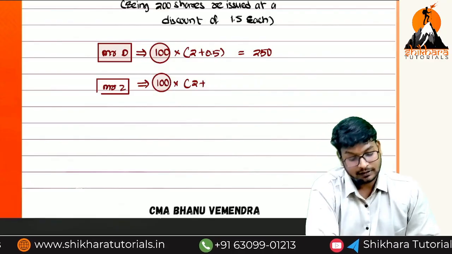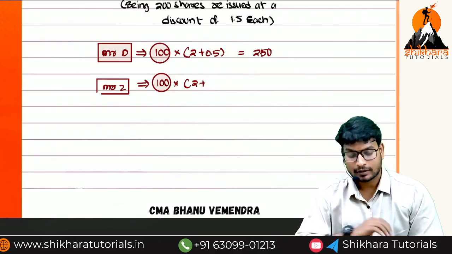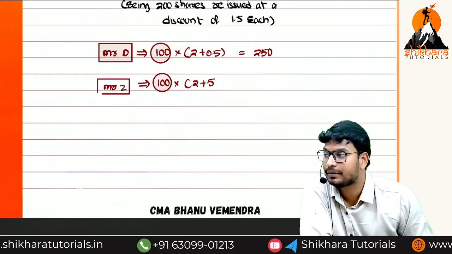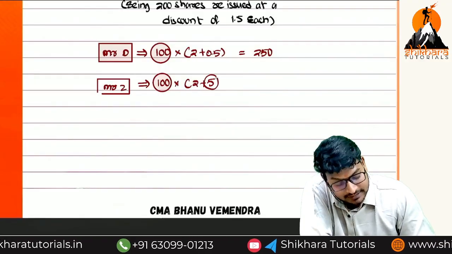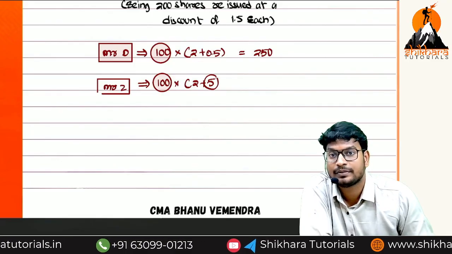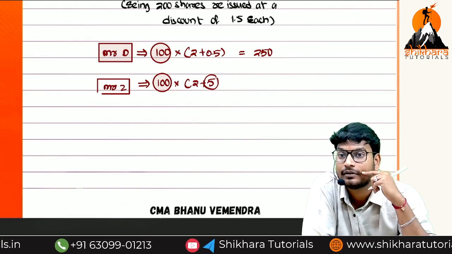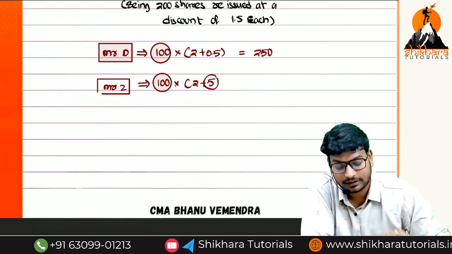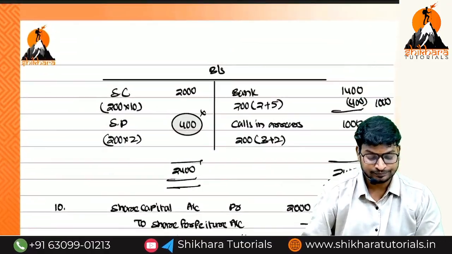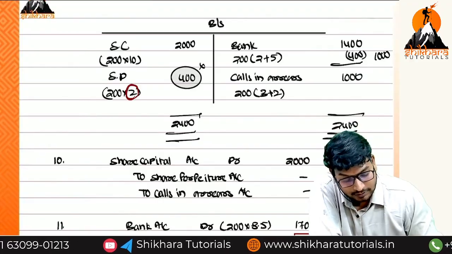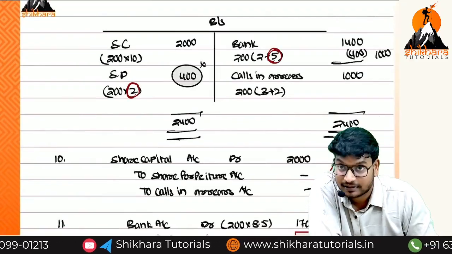Wait a second, ma'am. Here 2 rupees we have received. Then coming to the securities premium of 5 rupees, out of this, the securities premium is how much? 2 rupees. That one we have not reduced. That one we have not transferred to the forfeiture account. Are you getting the point or not? See this one here. Here 2 rupees is there. Now this 2 rupees we have reduced from here.